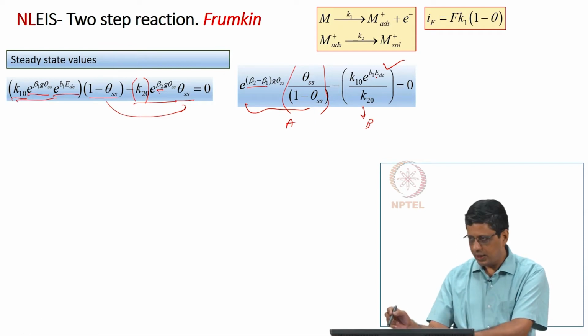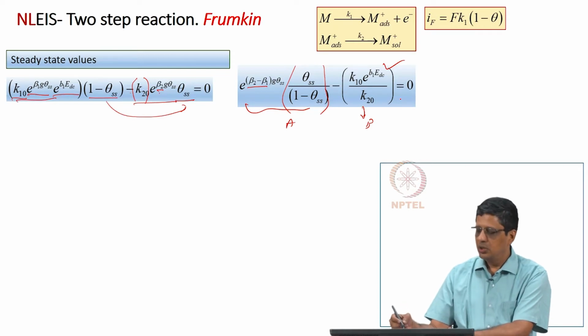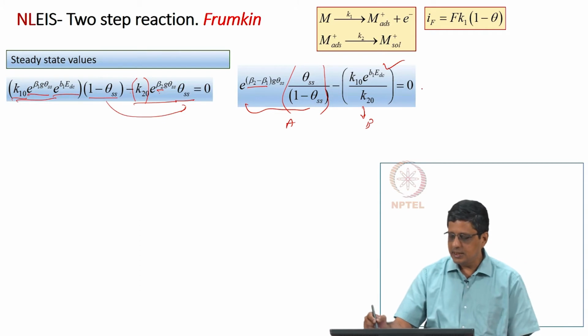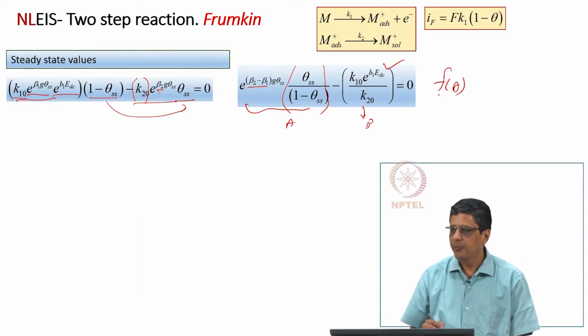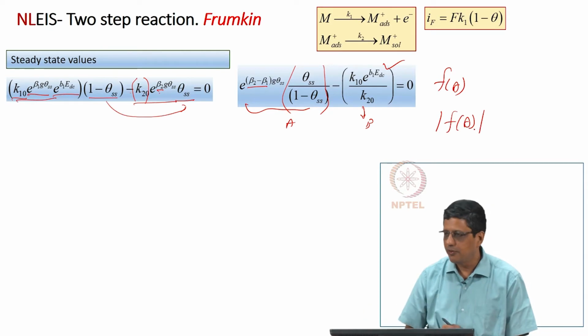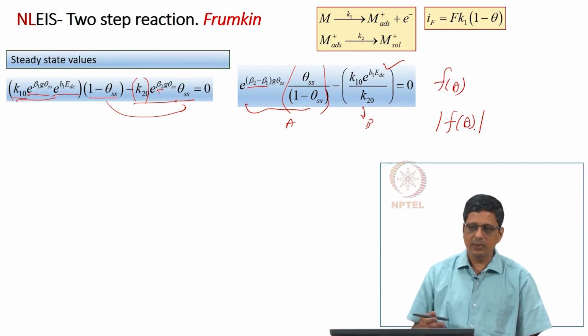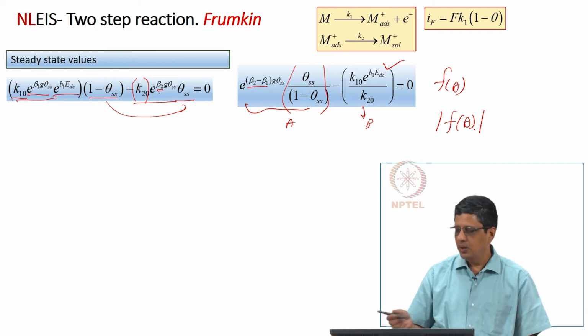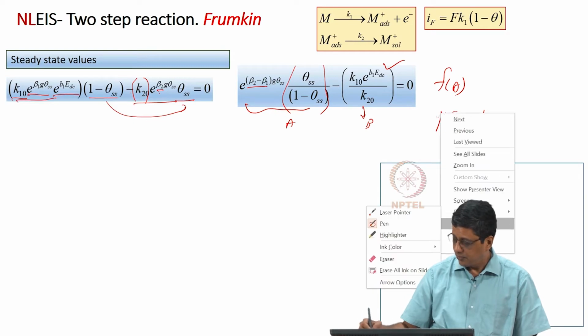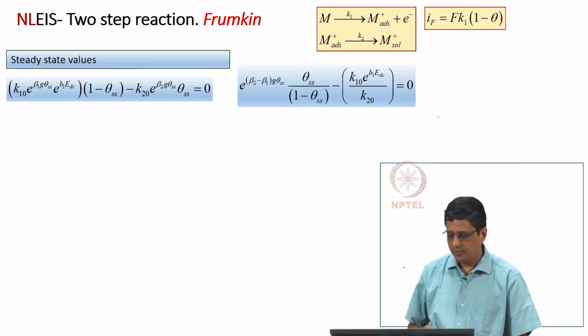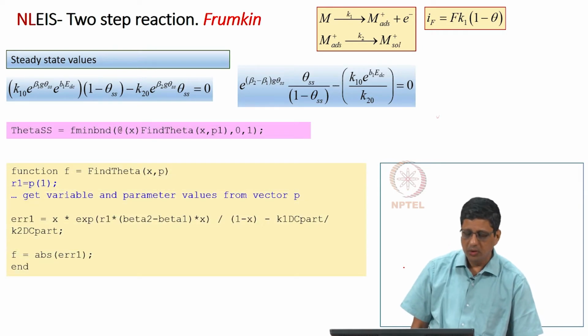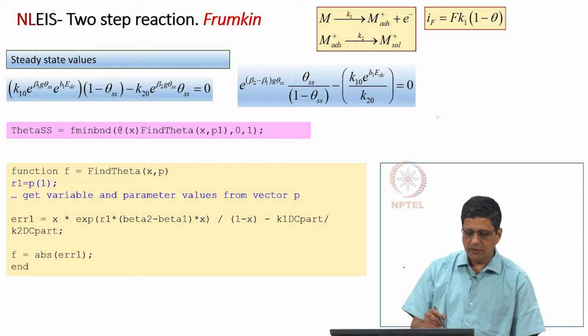Okay. For a given value of EDC, we had to find a theta such that this is satisfied. So, what we can do is write this as f of theta. Okay. Find the absolute value of f of theta, and that is going to be minimum when f of theta is 0. It is a real number, it can be a positive or negative number, okay. And when we take the absolute value, that is going to be the minimum when this f of theta is 0. Okay. So, what we have done is use a function called fminbound